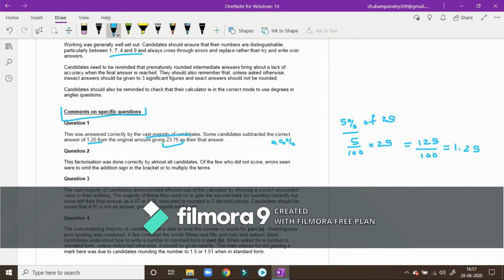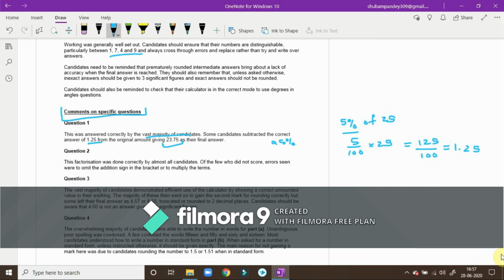their part. But after reading this, you got to know that if you were also one of those and you had written 23.75 as your answer, you can see that there were a lot of students who were able to solve it. So you need to look up how you are preparing. It will show that you are not prepared well.